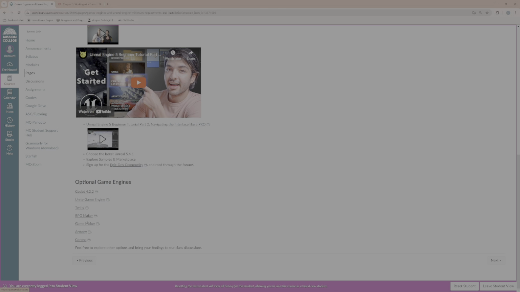I've used Game Maker and RPG Maker. They sound similar, but they are 2 different game engines. Twine is awesome if you want to write some interactive dialogue. And then, of course, Unity's the big other game engine to use outside of Unreal Engine. But Godot's open source, and we love open source here.